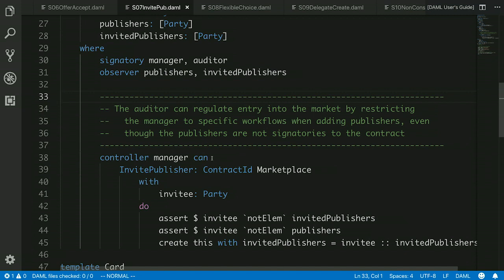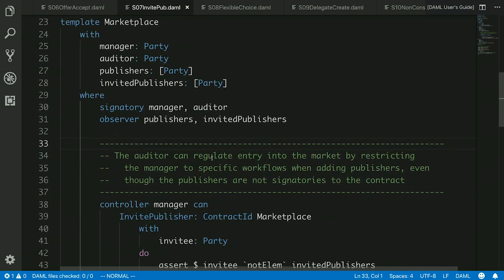The language is defined in terms of what parties can do. So when we create a contract, we don't generally create a contract thinking in terms of data. We create the contract thinking in terms of what the various parties can do. What are the rights? What are the obligations? What must they do? What can they do?